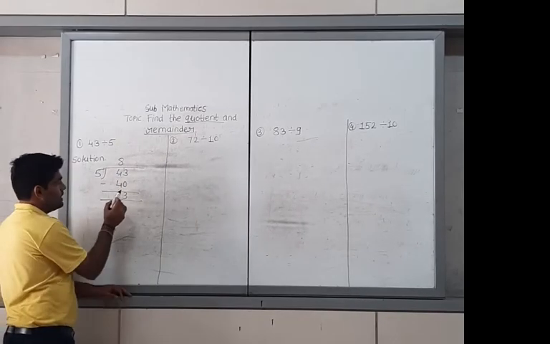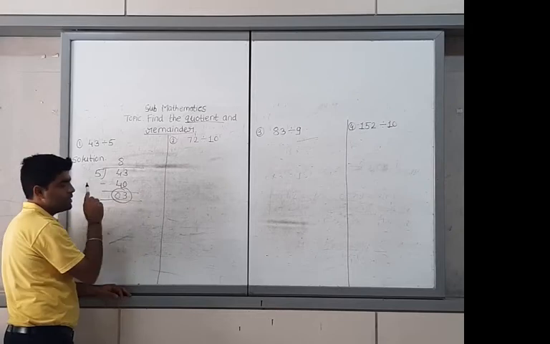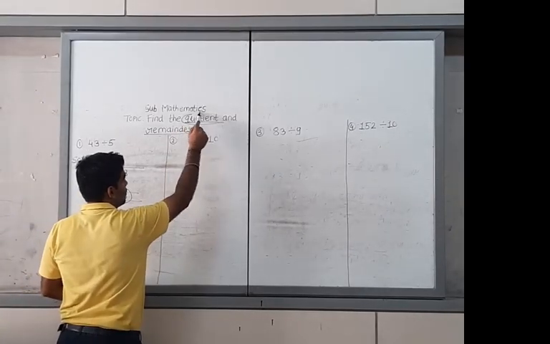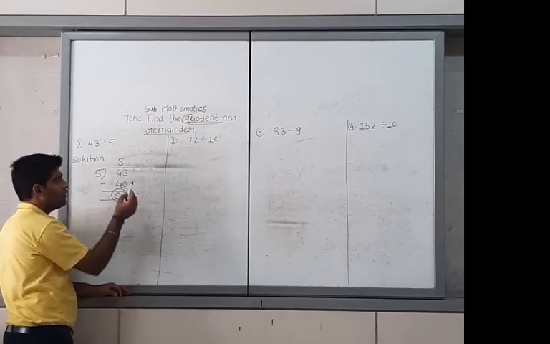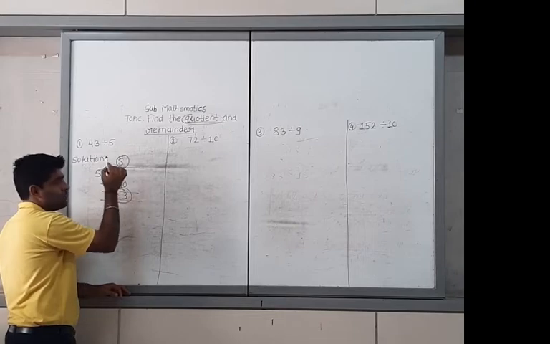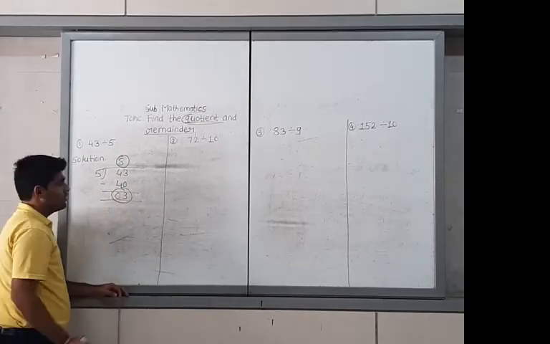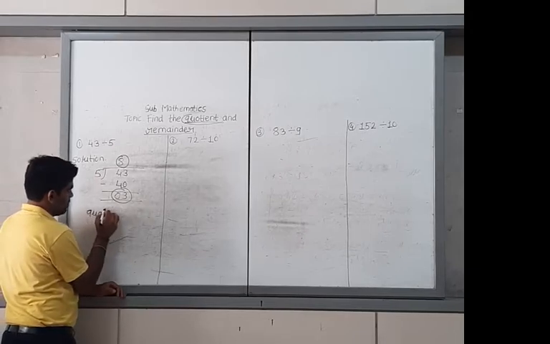The remainder means what? After a division, it is the number that is left. This is our 3. And to find the quotient: the quotient is how many times the number divides completely. Now listen here. You have to write down to find the quotient.